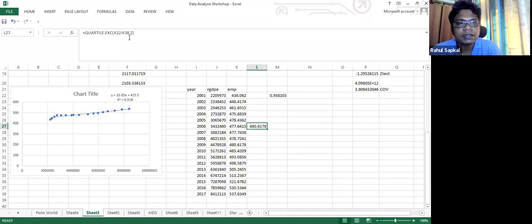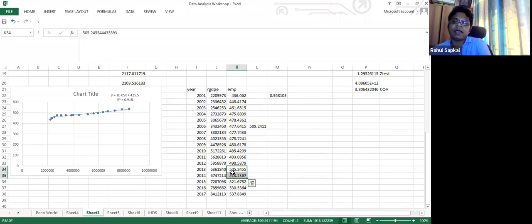If you put the third quartile, which is 75th, 590, 509, it will be somewhere between the average of these two. This is your quartile. Your value lies in the fourth quartile. Third quartile lies here, somewhere in between.